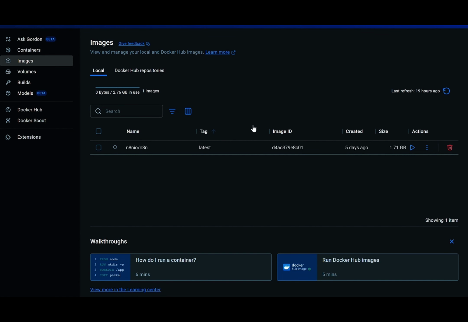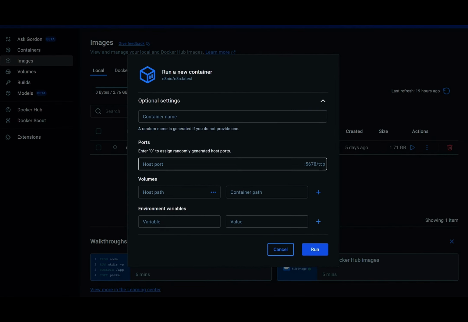Okay, so my Docker image is now downloaded, and I will click run. It will ask for some optional settings like container name, ports, volumes, and environment variables. So we'll initialize these values. First of all, we need to give our container name. Let's say for me it is n8n_testing, and I will enter my port. I will use 5555 as my host port, and in the volumes I will click on this ellipsis button,